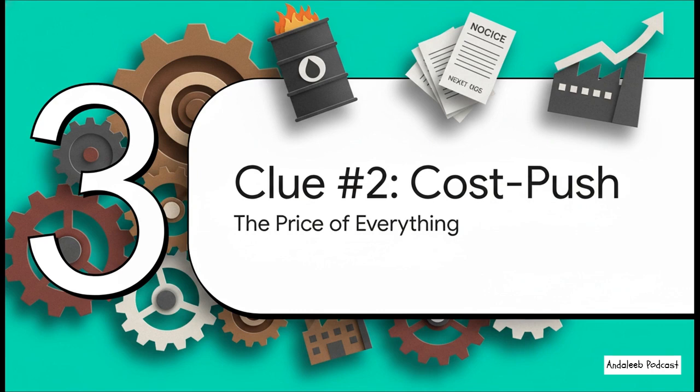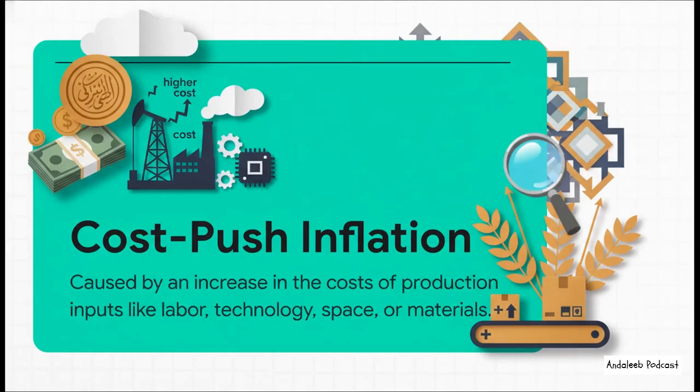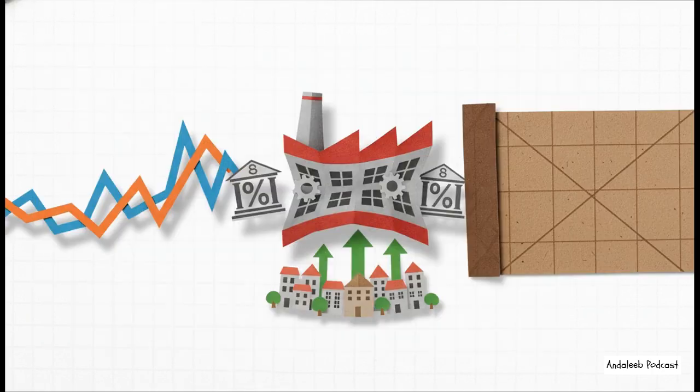Okay, let's move on to our second clue, and you'll start to see how these pieces connect. This one isn't about how much people want to buy, it's about the other side of the coin, the rising costs for the people trying to make the stuff in the first place. So again, the textbook idea is simple. If it costs more to get the flour and cheese to make a pizza, the price of that pizza is going to go up. That extra cost gets passed right on to you, the consumer. Makes sense. And here's where we see the web starting to form. In Iran, producers are getting hit from all sides.